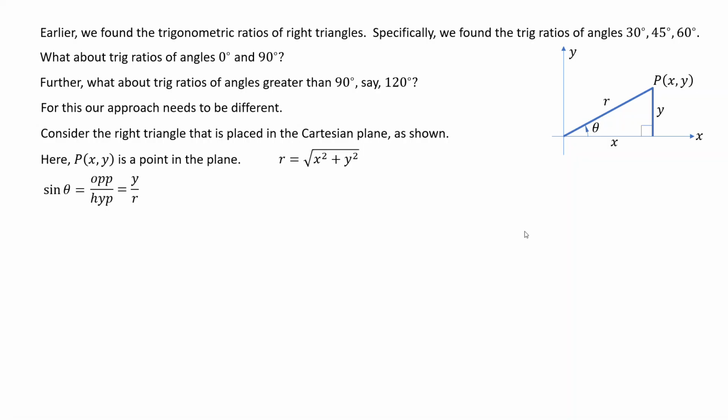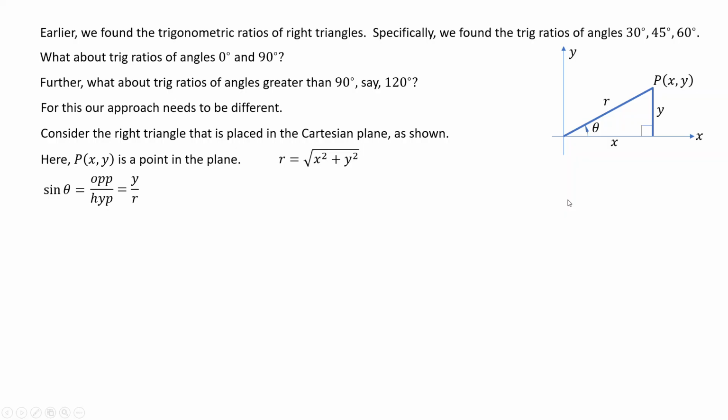Now, you might say, oh, come on, man. What's the big deal about that? Why do you have to switch to this stupid x and y? Weren't we perfectly fine with calling this the opposite side and this the hypotenuse, and sine theta is opposite over hypotenuse? Why do we need this x, y, and r and all of this? That's a good question, and the answer is forthcoming. Okay, let's continue with this thought, and I'll show you why switching to this way of understanding is of great